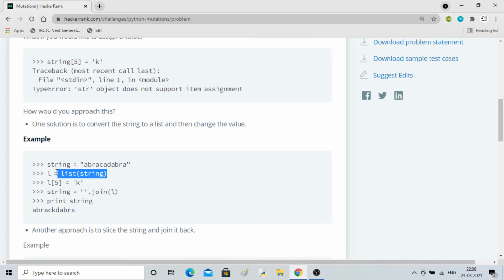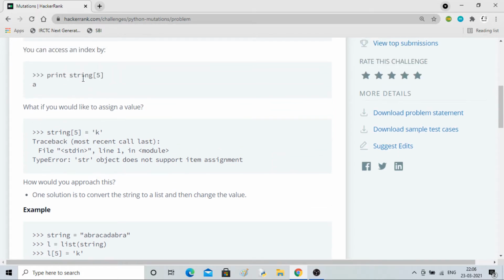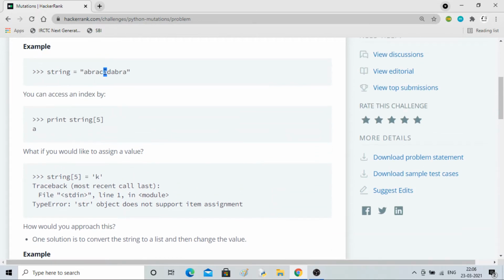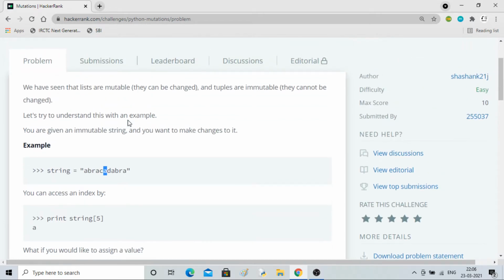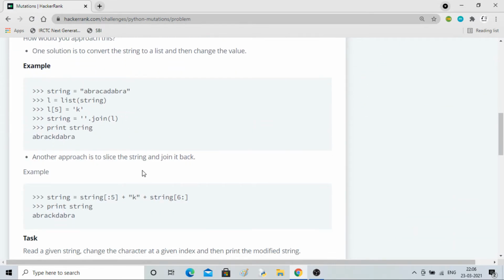Because now you have a list, you join the list again and you will have the string back. If you print it, you can see that at this position we have k instead of this a. So by using a list you can make changes to a string. Okay, so this is what we have to do.